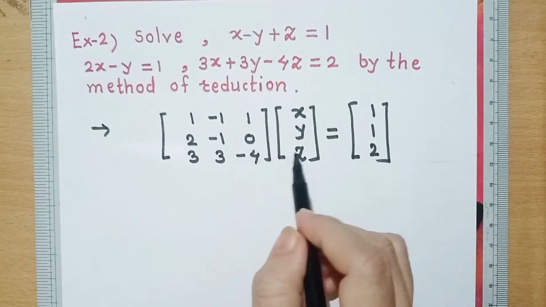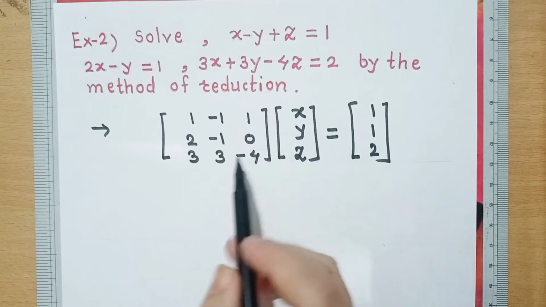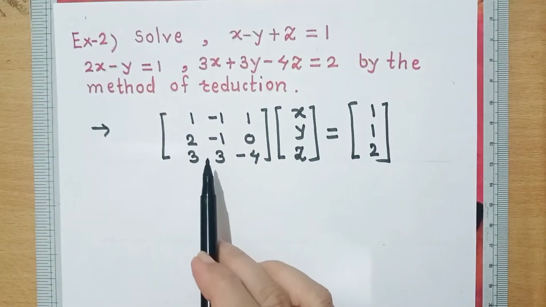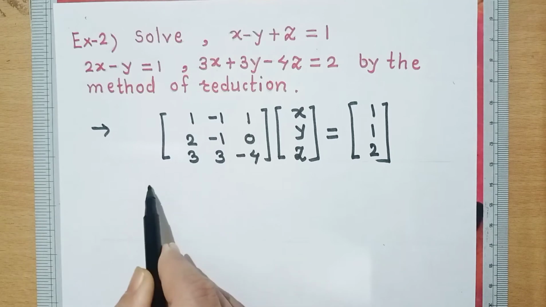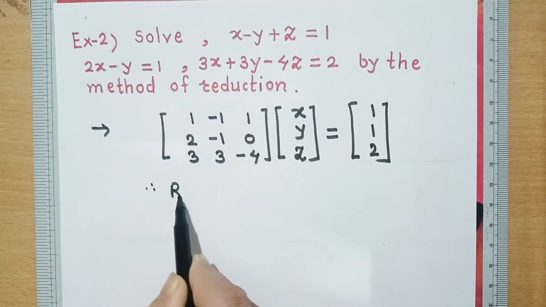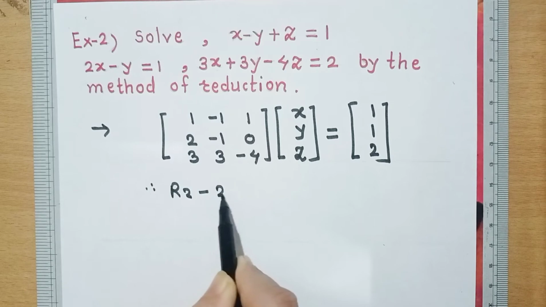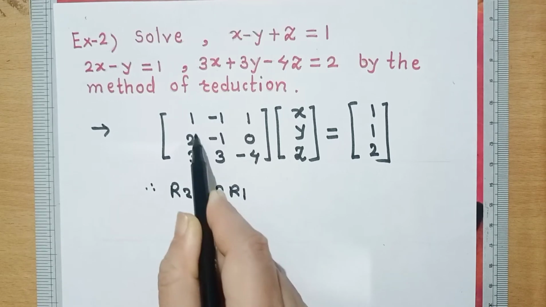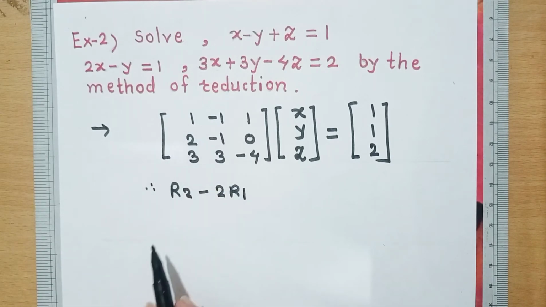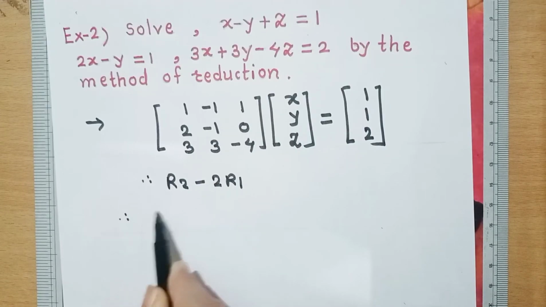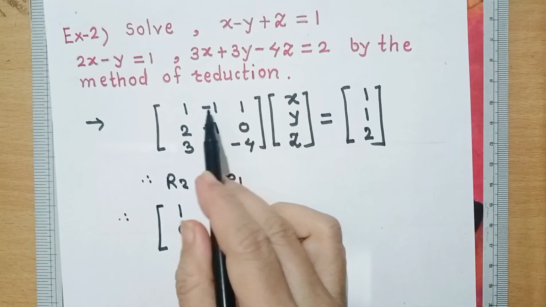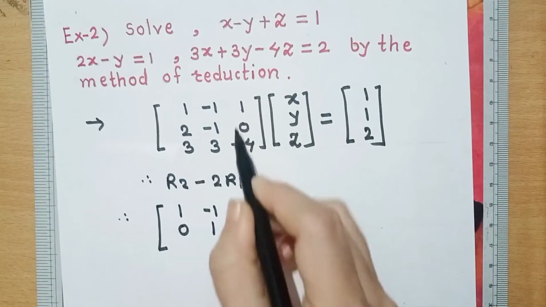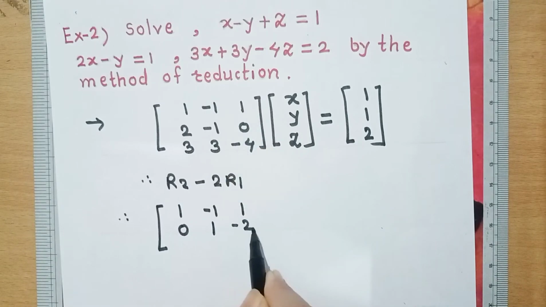This is in the form Ax is equal to b. First we will convert this matrix into an upper triangular matrix, and therefore R2 minus 2R1 gives, first we will make this element 0, so we have first row as it is 1, then 2 minus 2 is 0, minus 1 plus 2 is 1, and 0 minus 2 is minus 2,